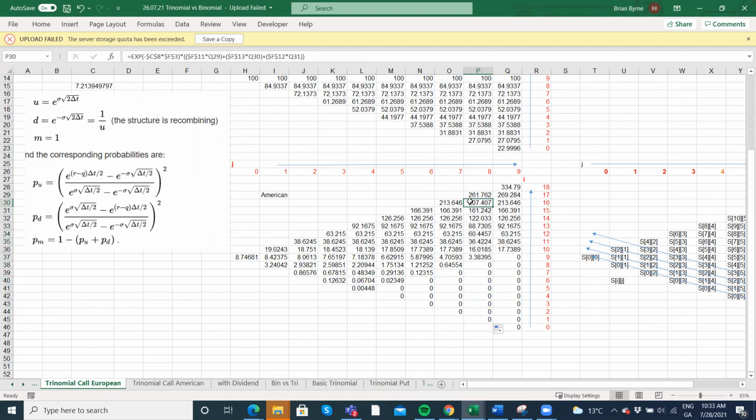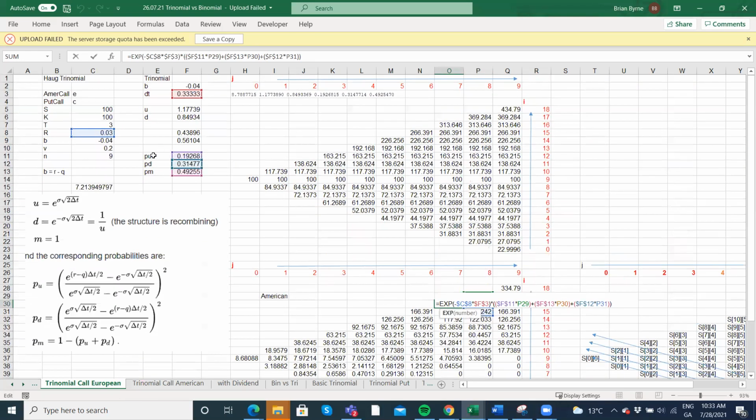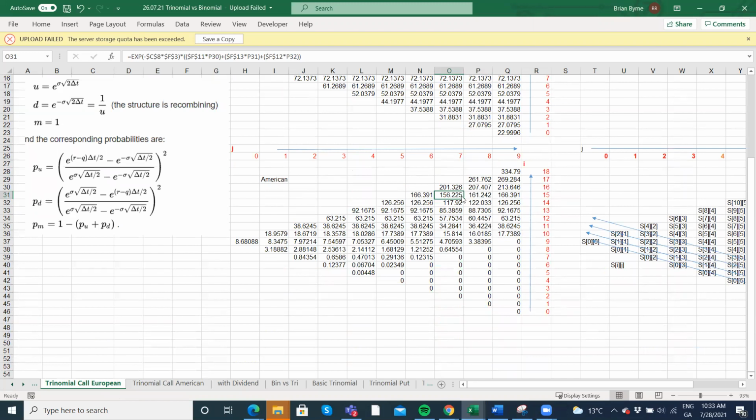And this is the 9-step tree. So the value we should get in the apex is the 721, right? And note what we're doing here. We're doing a backward recursion where we're using the PU, the PD, and the PM set out here, right? Okay, so let's continue that. And if we do this correctly, just drag it across and update the formula changes and the backward recursion